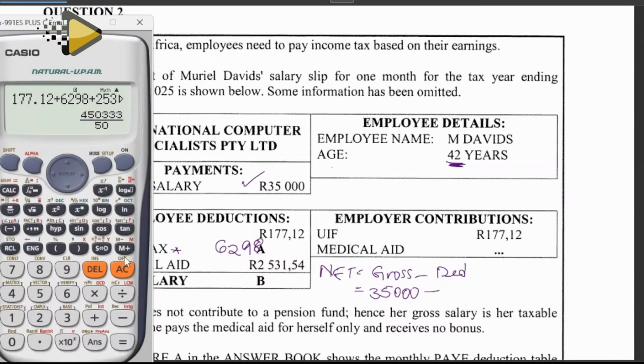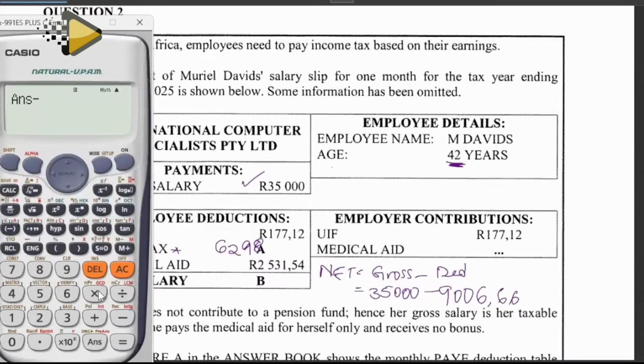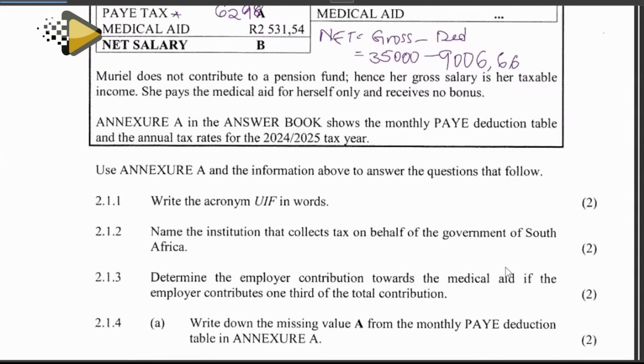$54. So we are going to subtract 9,000 and the 6,66. We subtract that and we say 'The net salary is 25,999.93. So the net pay is